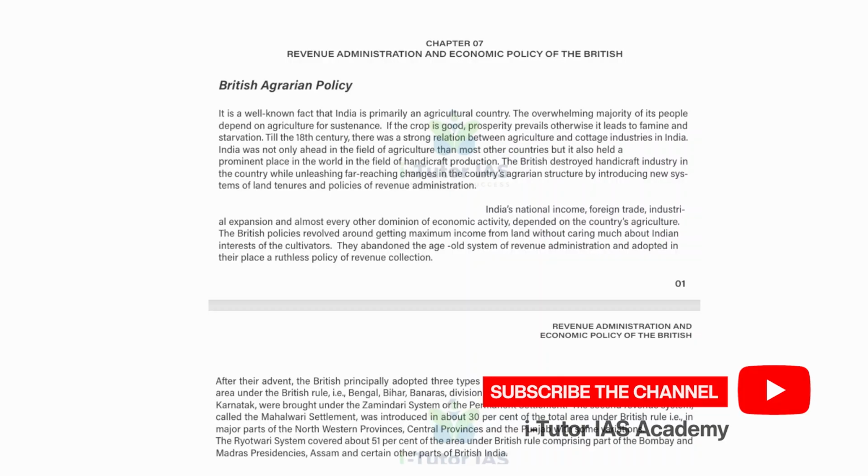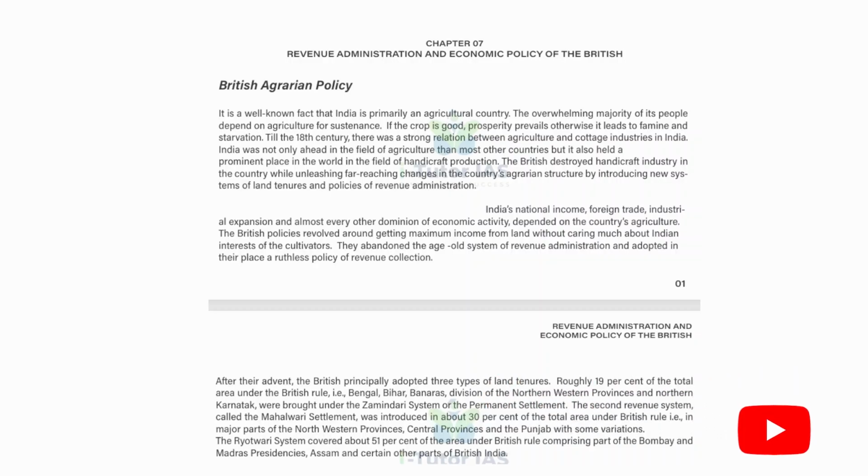Today we are discussing Chapter 7, that is Revenue Administration and Economic Policy of the British. This is one of the important chapters after the Governor General's reforms. British revenue and economic policies, around 1757 to 1947, was the period of British rule, and systematically